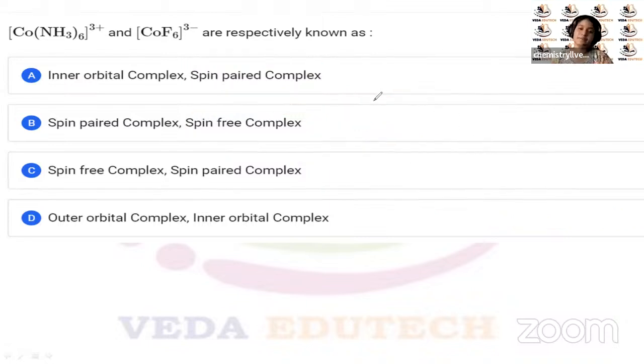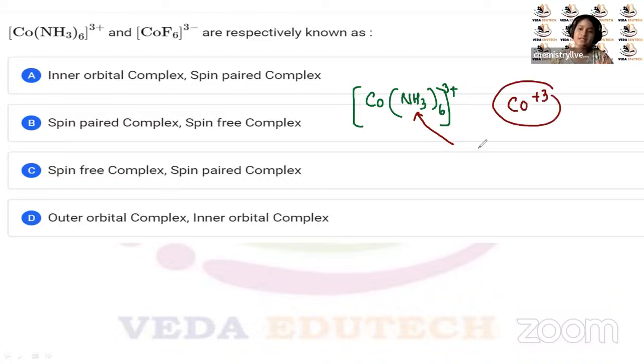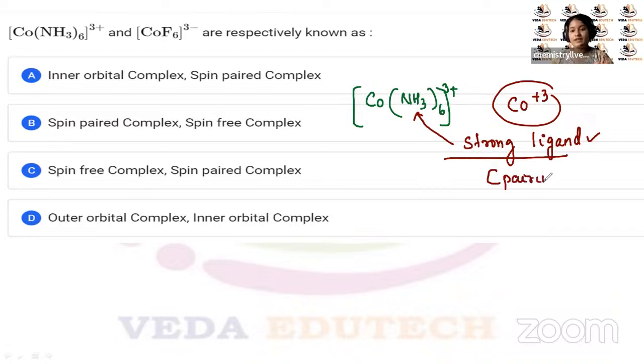यहाँ पे दे रखा है [Co(NH3)6]3+, ऐसा कुछ दे रखा है, राइट। दिस NH3 ये एक कैसा कॉम्प्लेक्स है बच्चा लोग, कोबाल्ट के +3 ऑक्सीडेशन स्टेट में NH3 एक स्ट्रॉन्ग लिगेंड की तरह बिहेव करेगा। स्ट्रॉन्ग लिगेंड का क्या मतलब होता है? ये पेयरिंग करवाएगा। तो देखते हैं क्या होता है यहाँ पे।